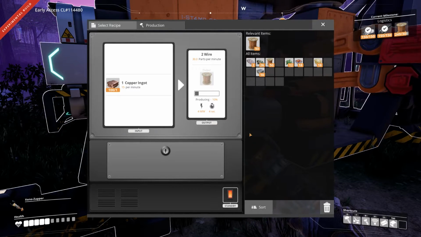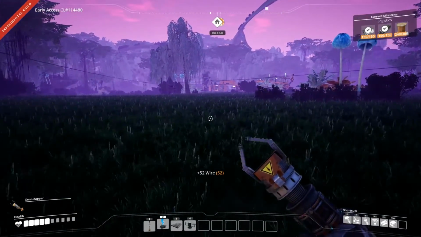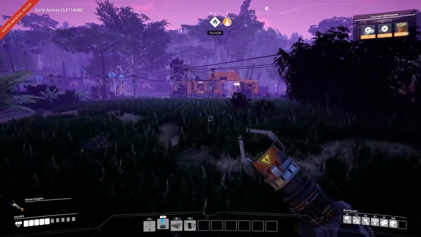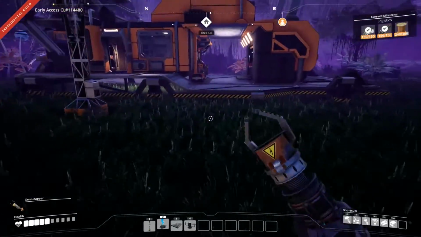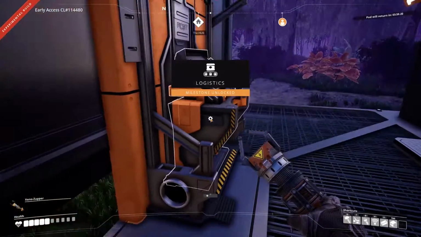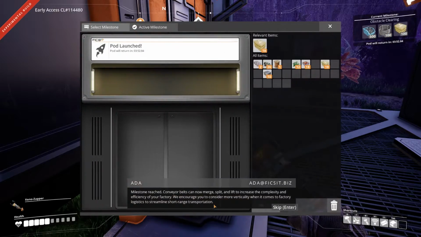One more. One more. Alright, we got logistics. I would start with plates, multiplying that plate production. Milestone reached. Conveyor belts can now merge, split, and lift to increase the complexity and...